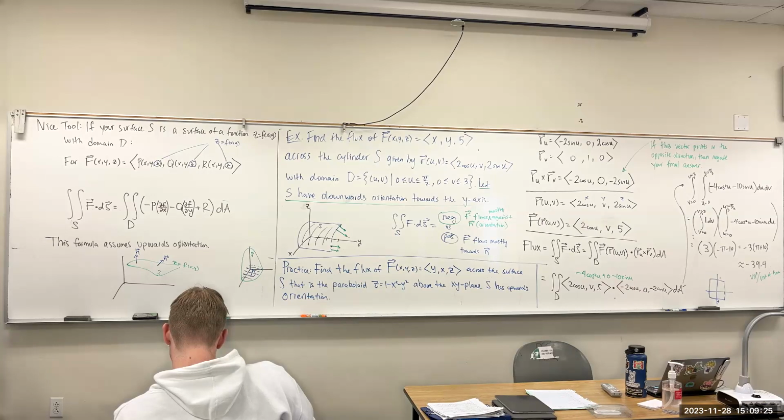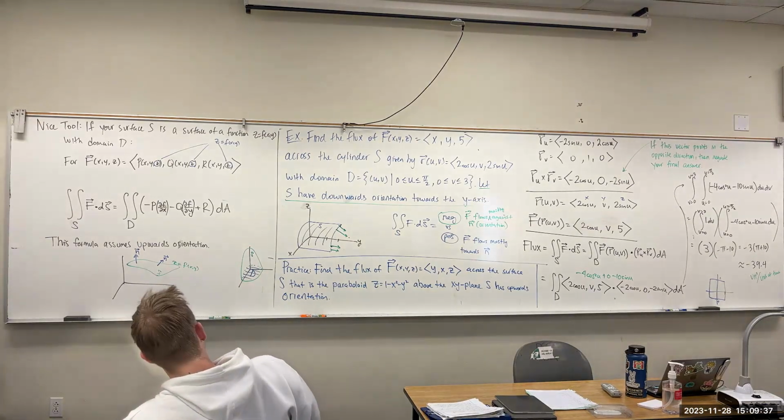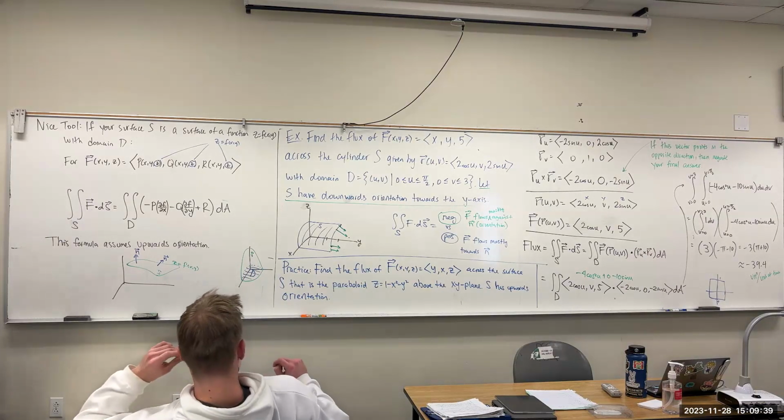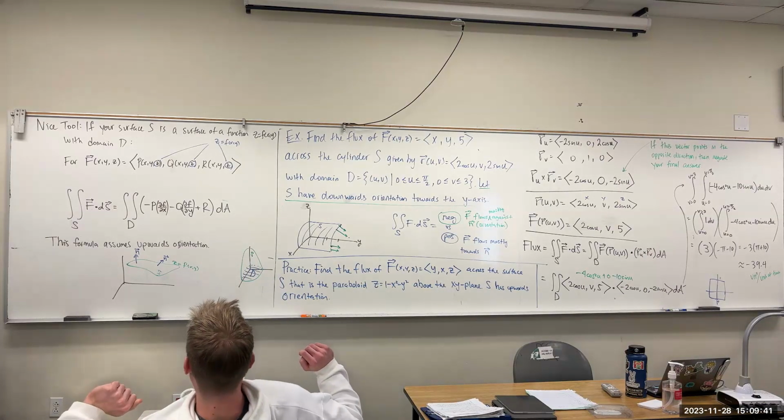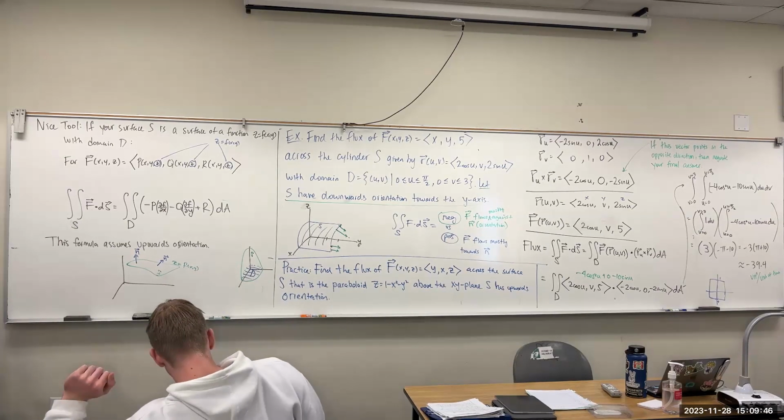R starts from the origin. What's the biggest stretch? Which is 1. What's the smallest stretch? 0. That's your R bound. And theta goes from 0 all the way to